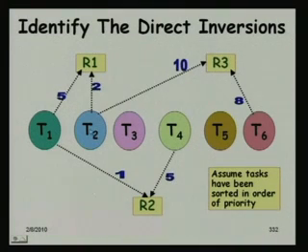What about T2? What are the direct inversions it will suffer? Will it suffer a direct inversion due to T1? No, because that is not a priority inversion. T1 is already higher priority than T2. So, due to its resource use as R1, T2 will not suffer any direct priority inversion,